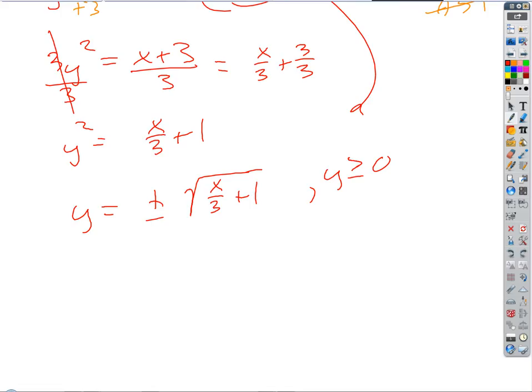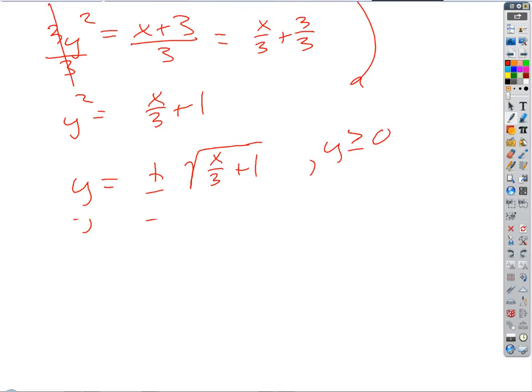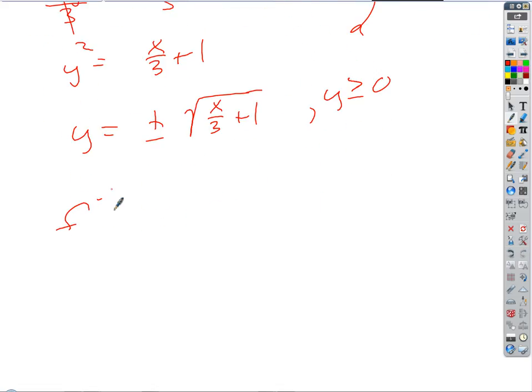But if I'm taking a square root, I'm either going to get a positive answer, or at the lowest, the smallest value I could get out would be the square root of 0, which is 0. So I could get 0 or positive outputs, but not negative, right? So if y has to end up being greater than or equal to 0, how does that help me here? I'm only going to take the positive ones. I'm not going to take the negative ones, right? So I'll eliminate the negative sign. So my answer would just be then, the inverse function is just the positive square root of x over 3 plus